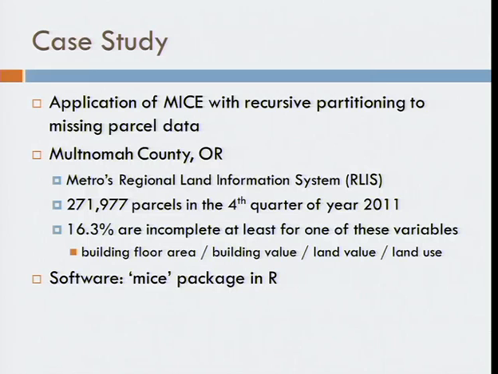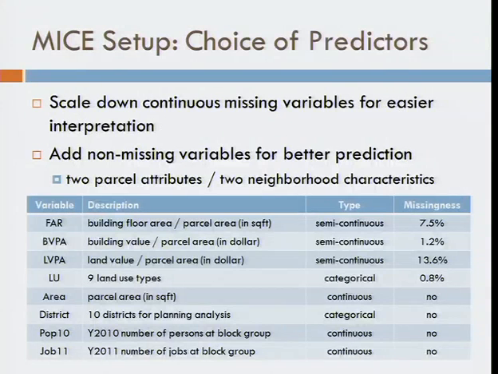We use the mice package in R for multiple imputation. As a first step of MICE, we choose several predictors. This table shows the predictors that we use. First, for the continuous missing variables, we scale down for easier interpretation, including FAR, building